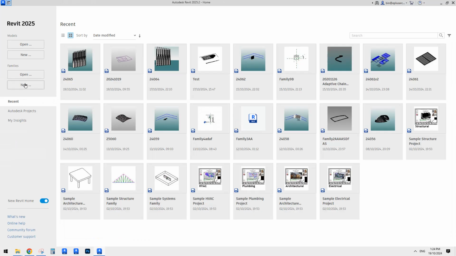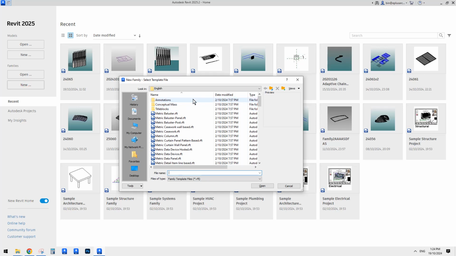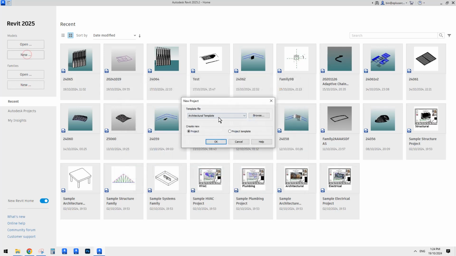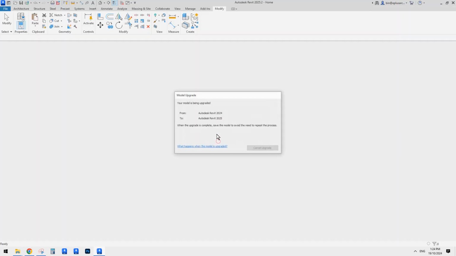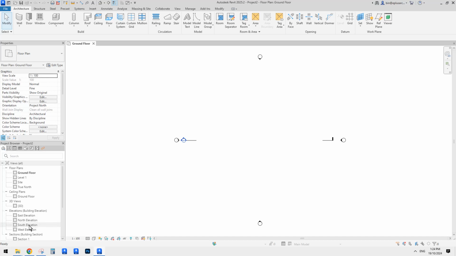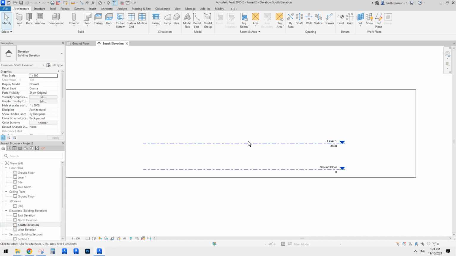So it needs to be a generic model or model in place. Maybe you can just do it in model in place. Let's do it in model in place. So at least we have some reference of levels, right? So okay, so now go to an elevation. Okay, elevation, and